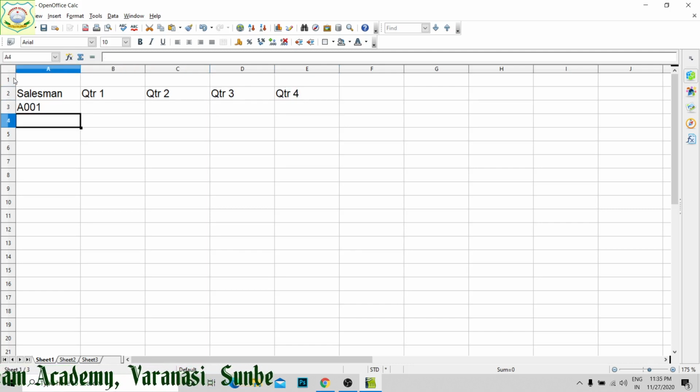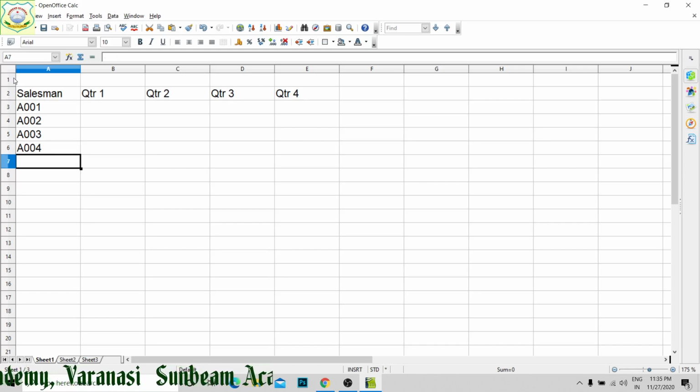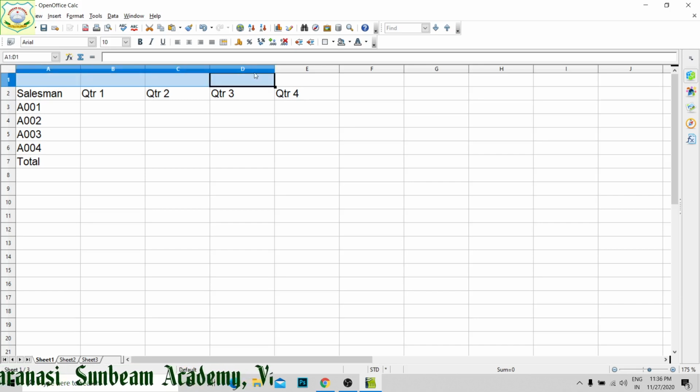This has been given salesman A001, then A002, A003, A004, and their total we have to find out. So I have given total. Now here in center we have to write quarterly sales analysis. So I will select this one, right? Into this we have to merge it.